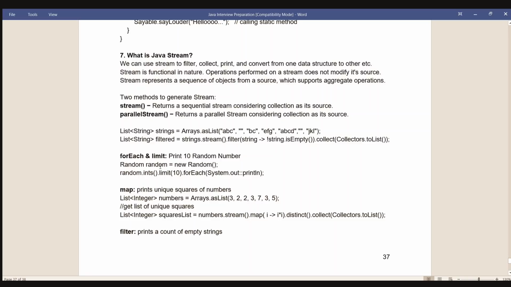Random random = new Random(); random.ints().limit(10).forEach(System.out::println); map: prints unique squares of numbers. List<Integer> numbers = Arrays.asList(3, 2, 2, 3, 7, 3, 5); // get list of unique squares. List<Integer> squaresList = numbers.stream().map(i -> i * i).distinct().collect(Collectors.toList());